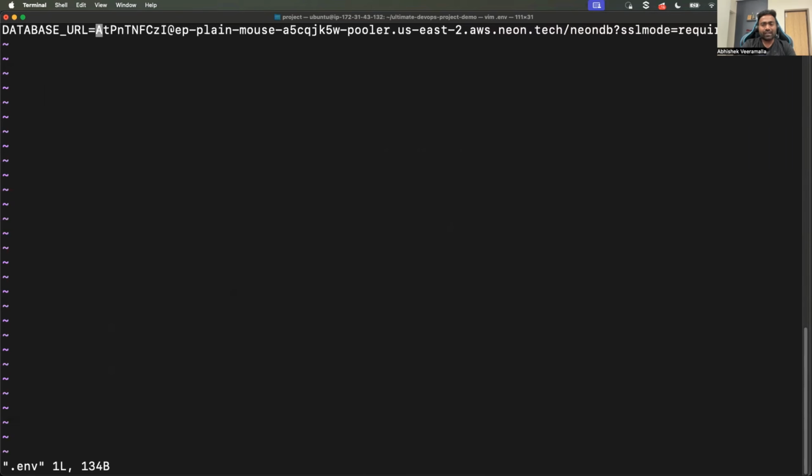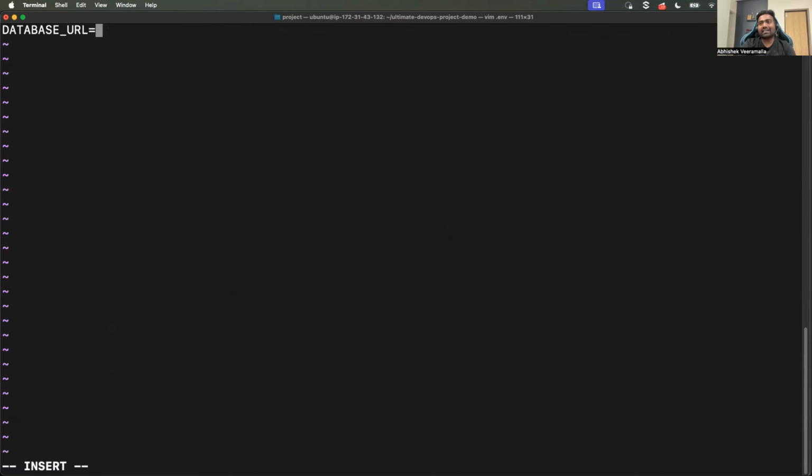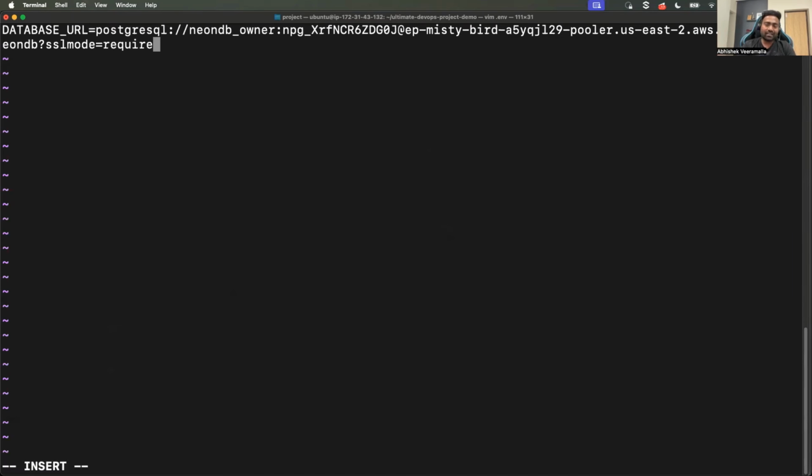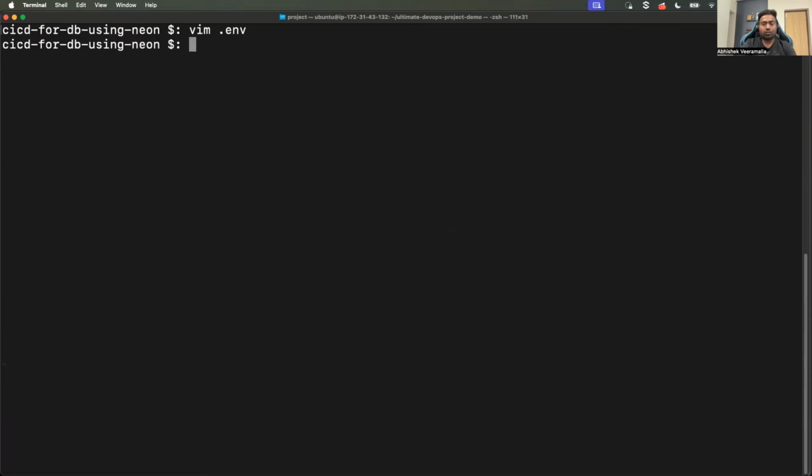.env is a file that we usually don't push to GitHub. To ensure you don't push that to GitHub, you can basically add it to the .ignore file. Because if you share this connection string with someone else, they can actually connect to your database. Perfect. So now I have